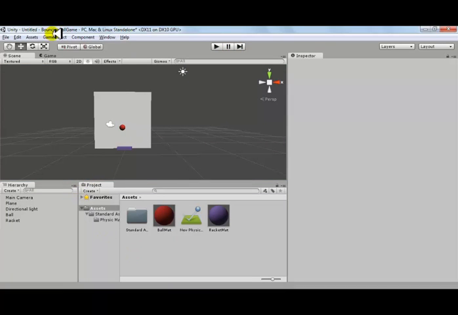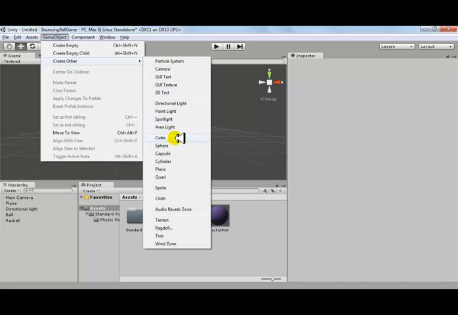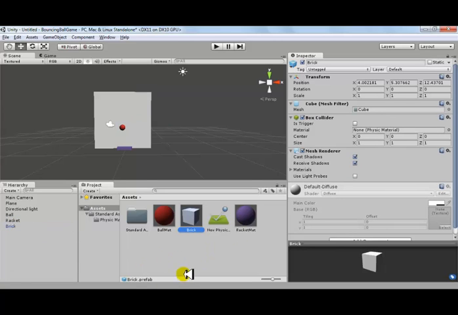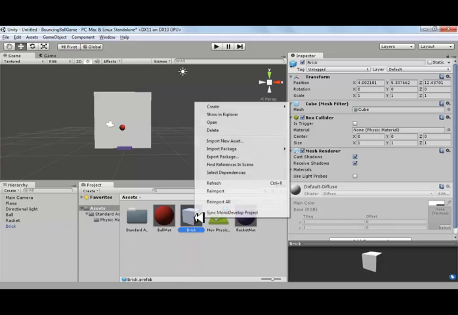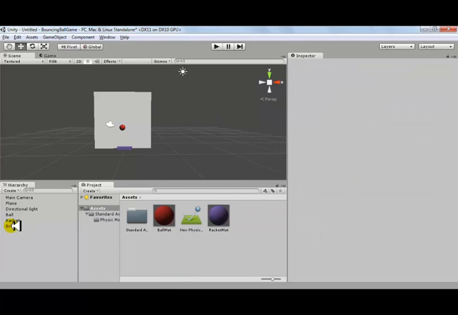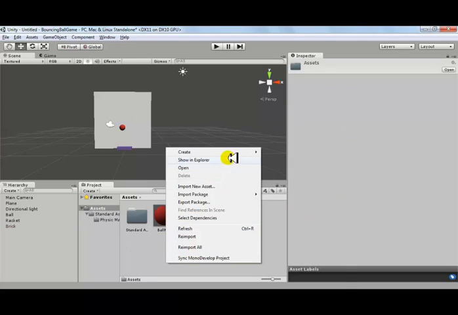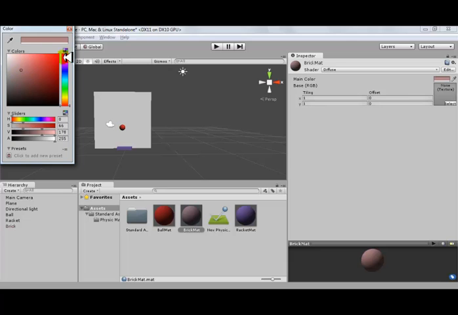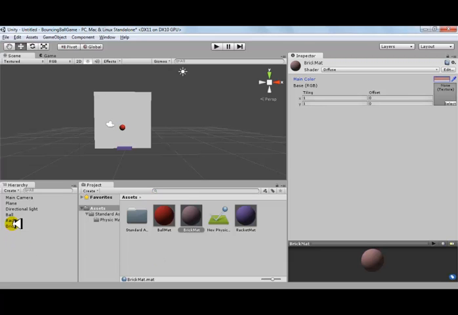So the next thing I want to do is create some more objects, which is going to be my bricks. So I'll create a new cube and I'll call it brick. Okay, before I do that, actually, sorry, I need to also give it some material. So let's create a material for my brick mat, and I'll give it some other texture, maybe some brownish something. Yes. Okay,